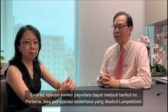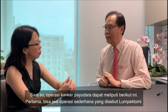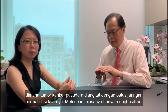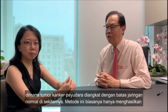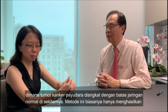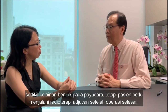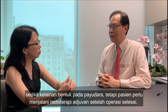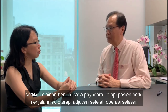Now, breast cancer surgeries include the following. Firstly, it could be a simple operation called the lumpectomy, where the breast cancer tumor is removed with a margin of normal tissue around it. This method usually results in very little deformity to the breast, but the patient needs to undergo adjuvant radiotherapy after